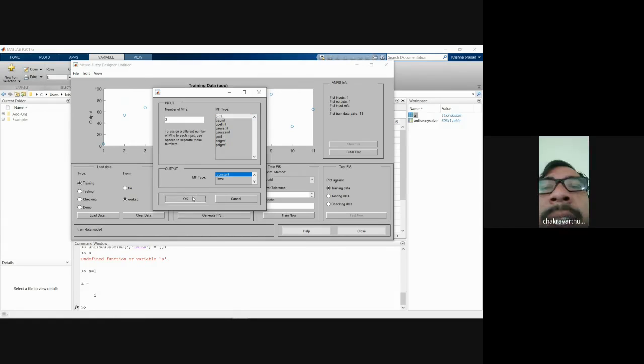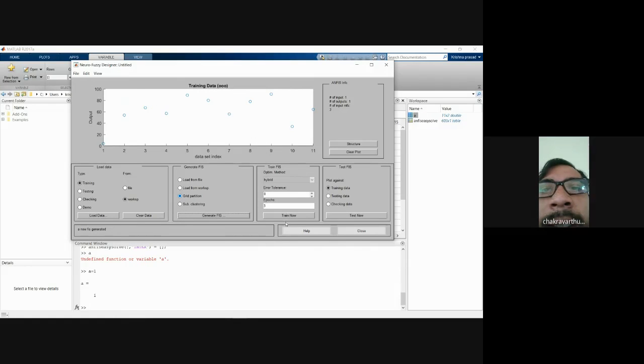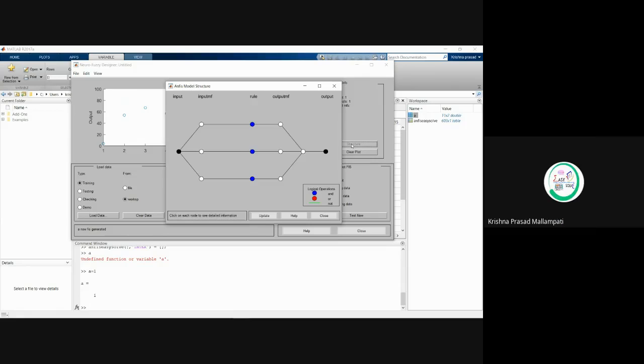Okay, sir. Take linear here, linearization. And now just see the structure of the loaded data. We may be having one input and one output, I guess, right? Yes, sir, one input and one output.